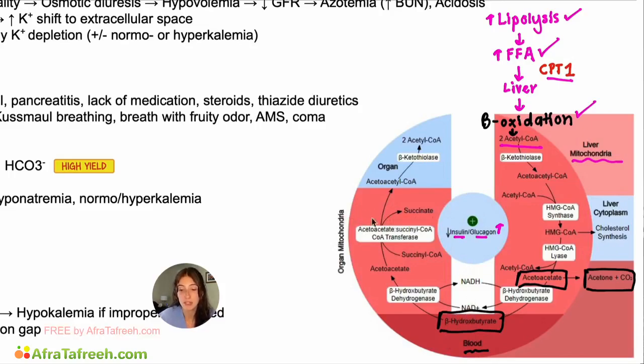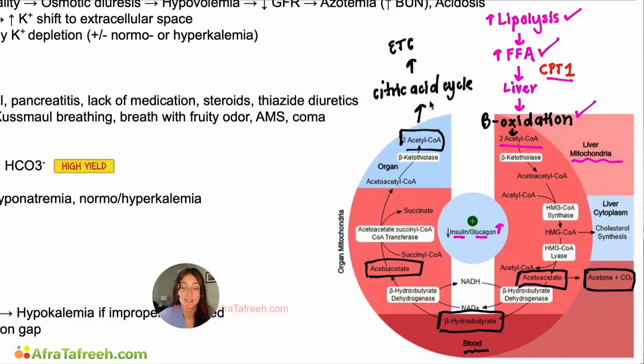They can also travel into other tissues, and once they get into distant organ mitochondria, beta hydroxybutyrate can be converted back into acetate, and then acetoacetate can be converted back into acetyl-CoA, and thus we have transported the energy stored in the form of free fatty acids to target tissues where this energy has been converted back into the form of acetyl-CoA, which can then go through the citric acid cycle, the electron transport chain, generating ATP that the cells